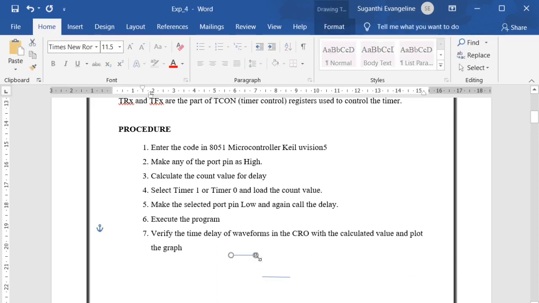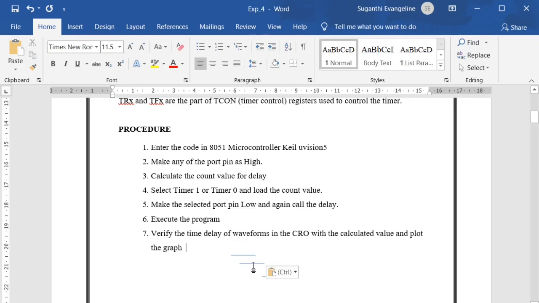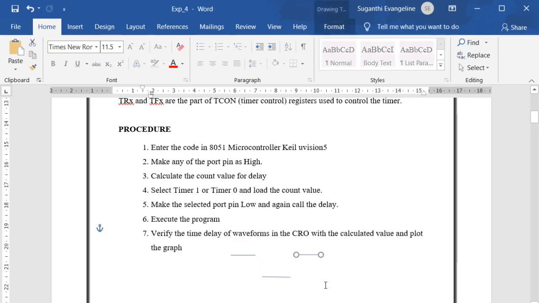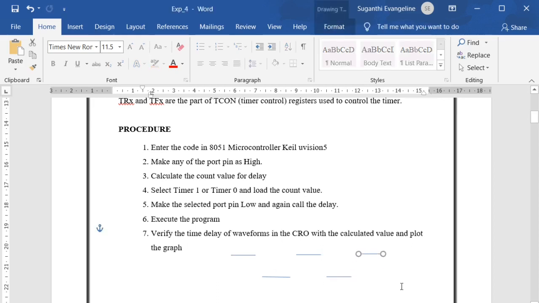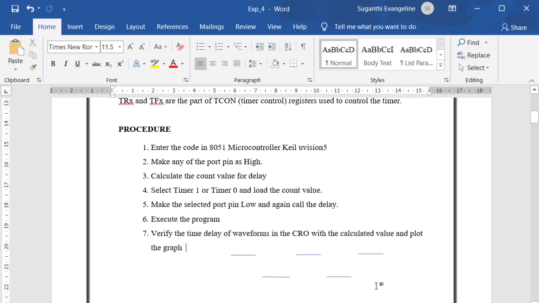If this specific duration keeps repeating at regular intervals, we get a square wave. It seems to be a square wave, which has a high pulse and a low pulse, repeated after a specific delay value. This is what we are going to achieve in this program. In hardware, we can see it with a CRO. When using Keil, it is possible to view it with the logic analyzer. I'll explain where to see the output.